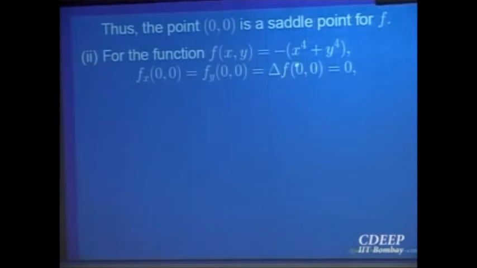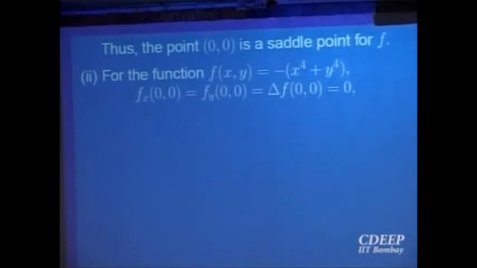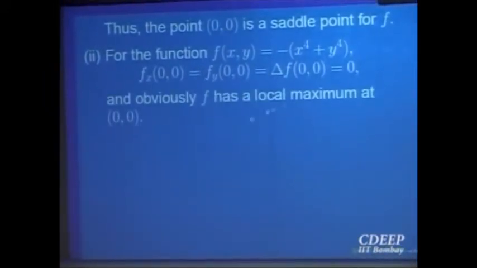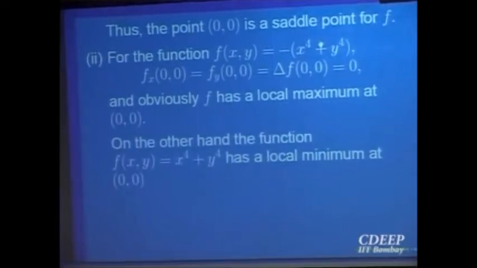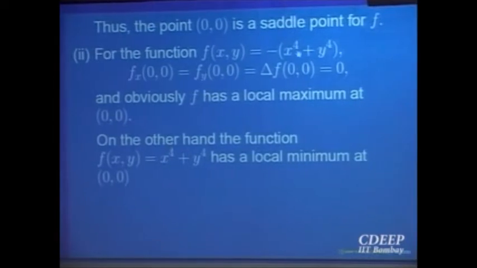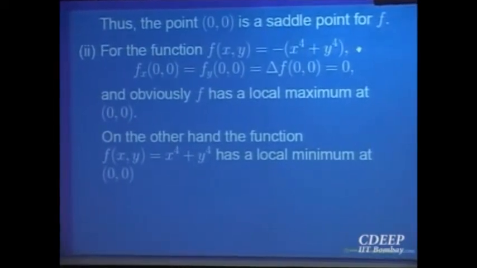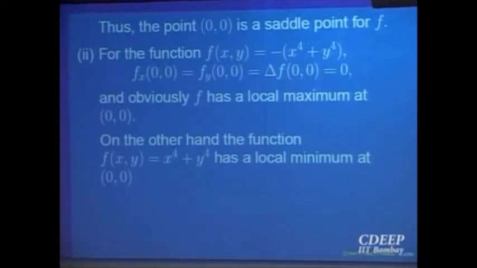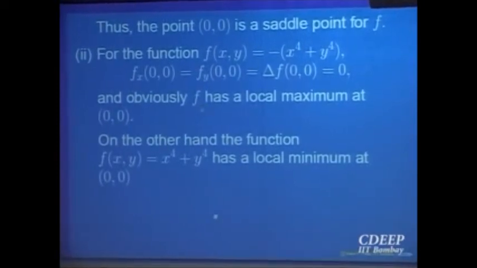For example, let us take this function. So the derivative at 0, 0 is 0. So 0, 0 is a critical point. What is the second order derivative? Let us compute the second order partial derivatives of this. Right? It is clear that this function has a local maximum at that point because of the negative sign. At 0, 0 the value is 0, and at every other point the value is less than 0. So it is a point of local maximum, that is clear.